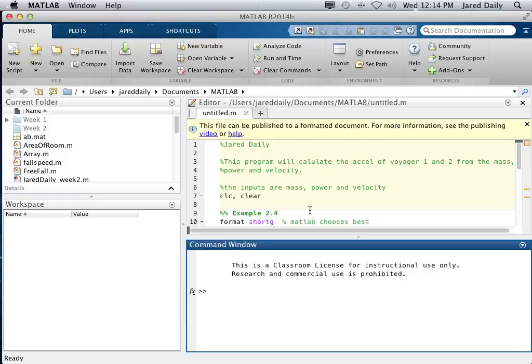Chapter 3 is mostly about a bunch of things that we can do mathematically with MATLAB using built-in functions that are already available in MATLAB. So let's start with